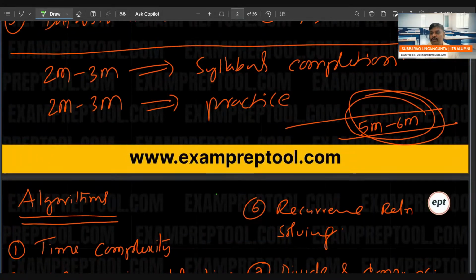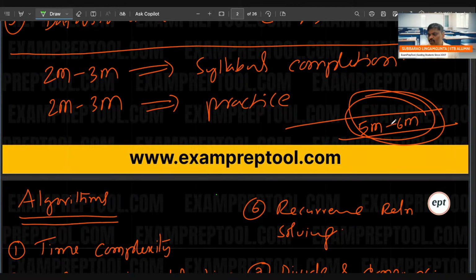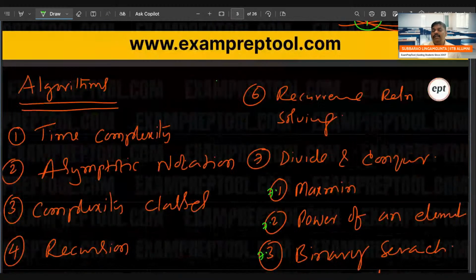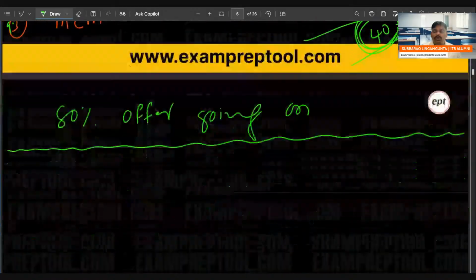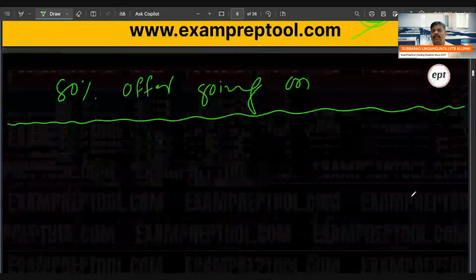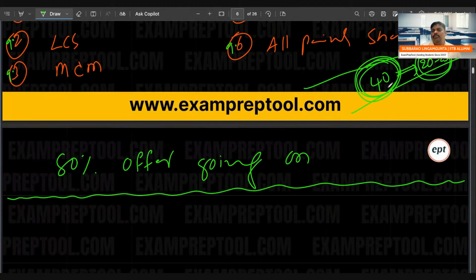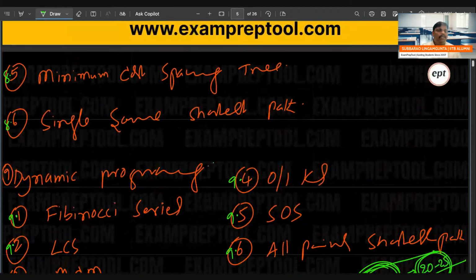As I mentioned, you are going to finish this course in 4 to 6 months with very good practice. 500 problems you are going to cover. If you do 500 problems of practice followed by 30 assignments, you will get the internship certificate also. For algorithm, 40 topics are there, 20 to 25 days it will take. For data structure also, the same: 40 topics, 20 to 25 days. For programming, 10 days.